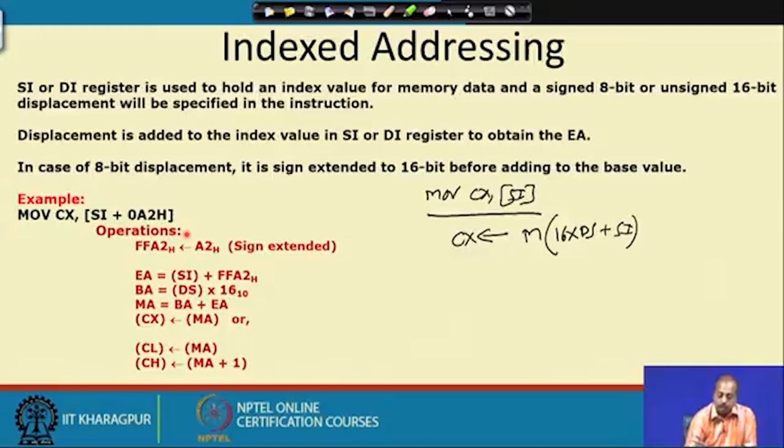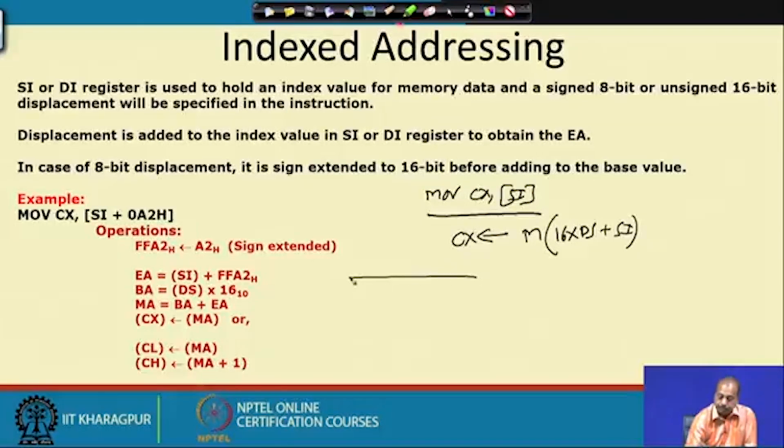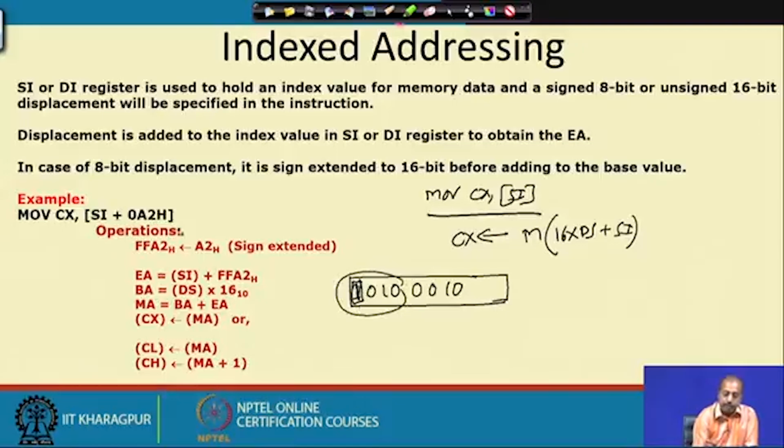If you take the 8 bit notation, then A is 1010 and 2 is 0010. In that 8 bit notation the most significant bit is 1, which means this is a negative number. So, before doing the addition, SI plus A2 hex, this is extended to